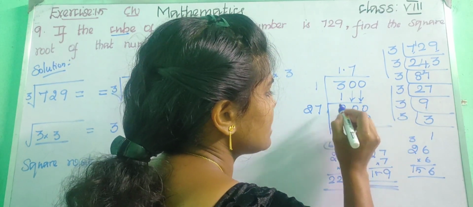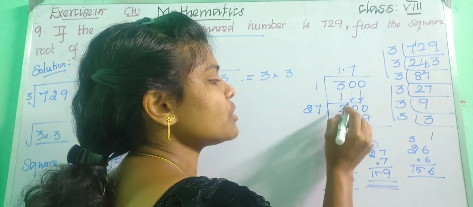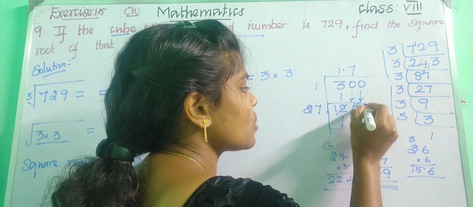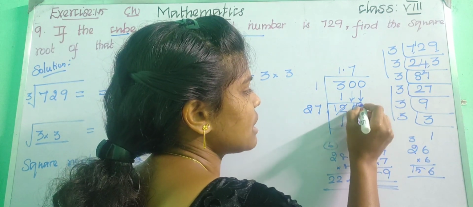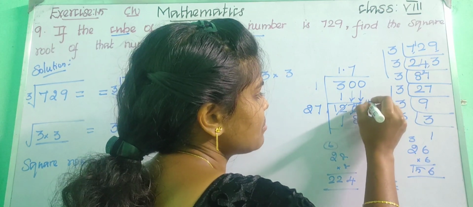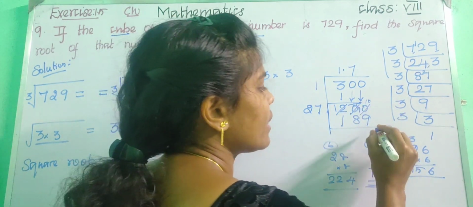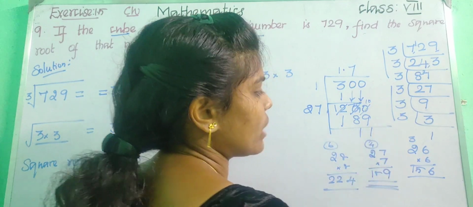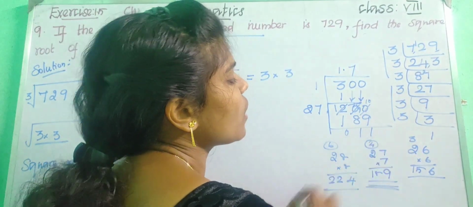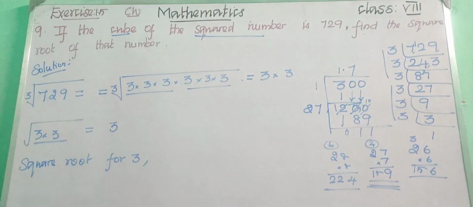Here 0, 0, 0. So just borrow from this 2. So this 2 becomes 1. This 0 becomes 10. So we are going to borrow from this number to this number, so that this 10 becomes 9, and this 0 becomes 10. 10 minus 9, 1. 9 minus 8, 1. So 1 minus 1, it is 0. So now we got 11.